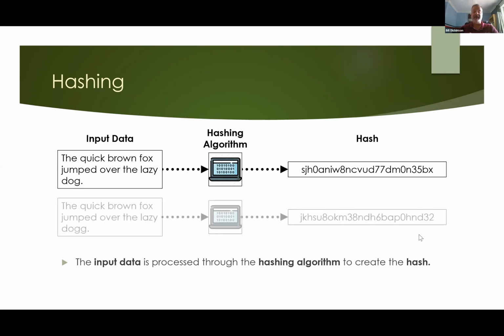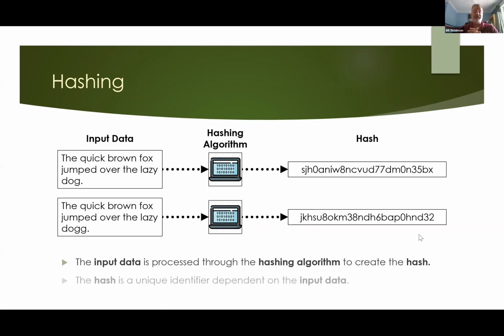One of the key properties of hashing is that it always results in a unique hash value based off of the input data. If you change that input data even slightly, the hash value will be completely different and still unique. As you can see here, I've changed only one thing in my input data. I spelled dog wrong. And even though everything else is completely the same, the two hash values are completely different. And that's because the transactions are supposed to be completely different as well. Each transaction is unique. So each hash value, each hash identity is unique.